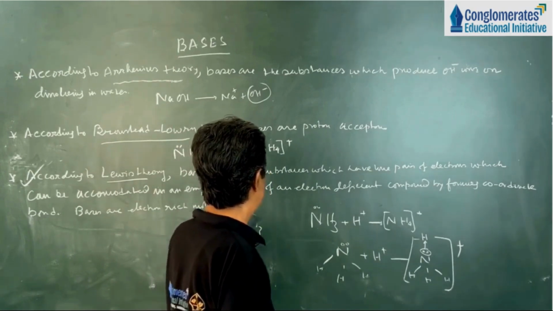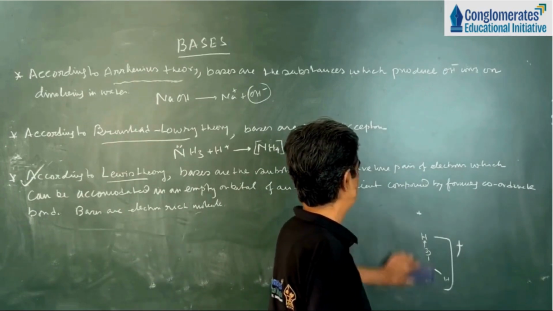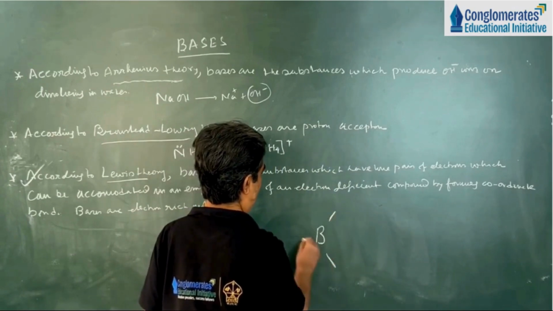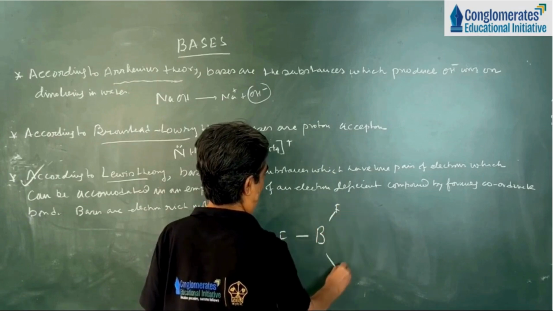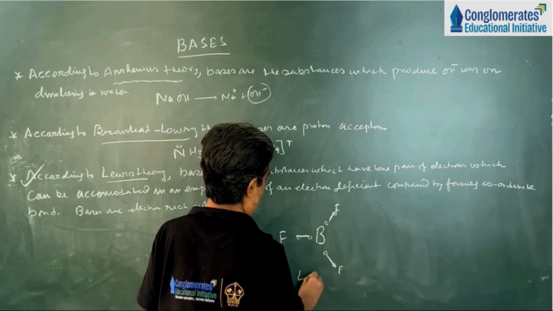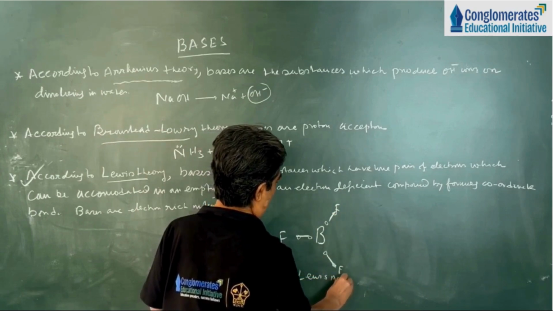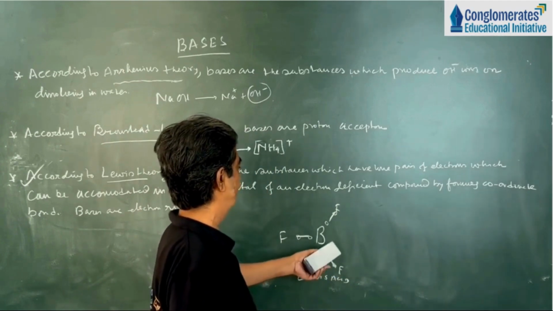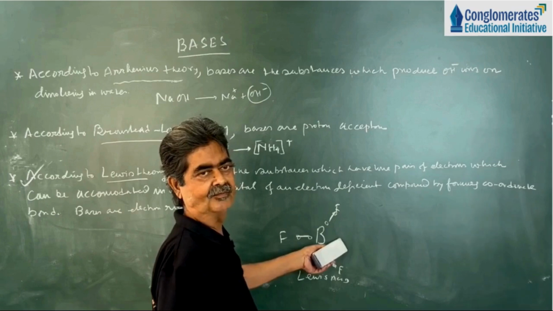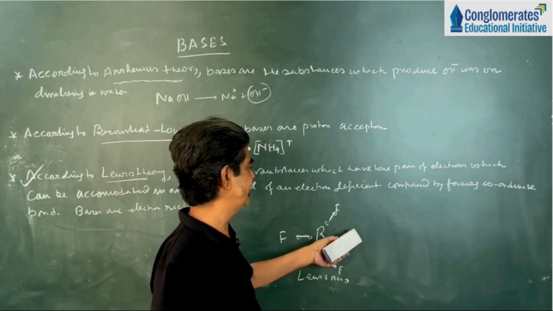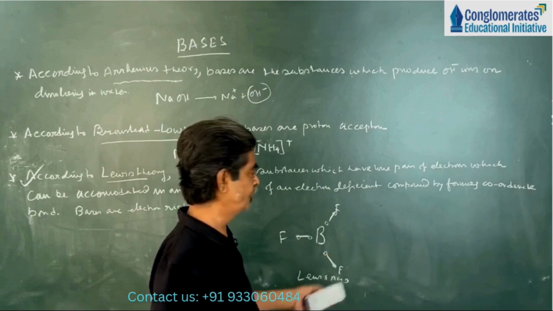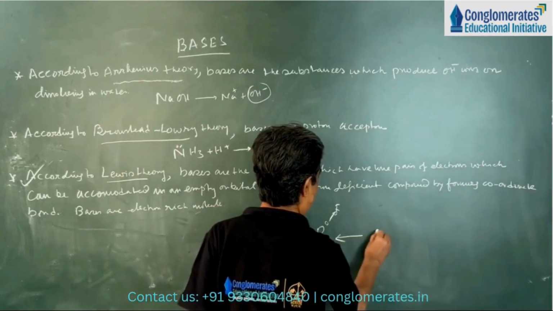One interesting example I will show you. You know Lewis acid. This is Lewis acid. It has an empty orbital. Why? Because there are 6 electrons in the outermost orbit. One orbital is empty. 1, 2, 3, 4, 5, 6. 6 electrons are there. 2 electrons are less. So it can form a coordinate bond with